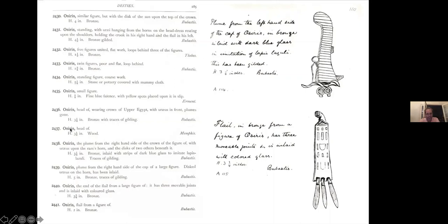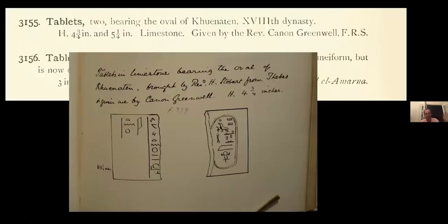Ken will remember 3 and 2438. You can see how they're different. The manuscript catalogue entries go into more detail than the printed catalogue, as you saw just now. And then here, where a 2-line description in print has pictures in the manuscript, along with much more information about the history. So being given by Canon Greenwell, the antiquary, he had acquired them from the Reverend Henry Stobart, who